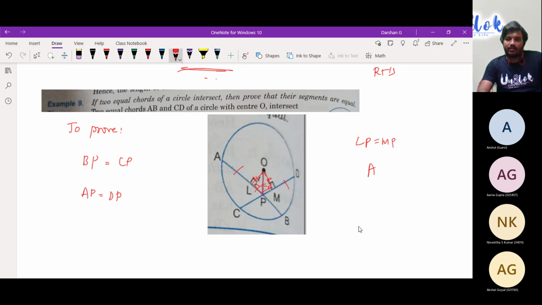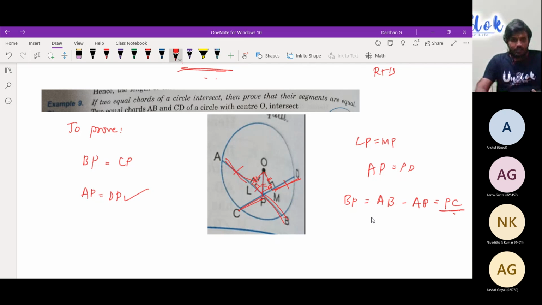So then I can tell now AP is equal to PD because we have AL which is equal to DM as well, because it's all equal. It's equal chords, divided into two. It's very simple in that sense. Okay. Yes, sir. What about BP? Can you get BP is equal to CP? How did you do that? So BL minus LP is equal to CM minus MP. We have to use minus. Correct. So BP, if I am taking, I have to tell it as AB minus AP, which is simply equal to CP.